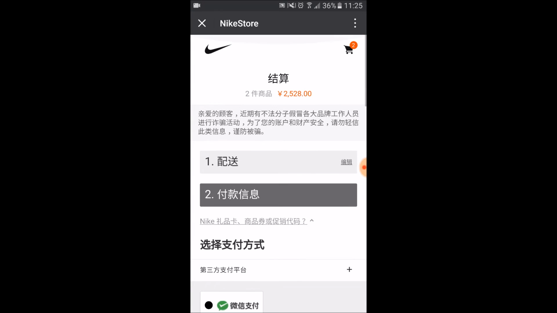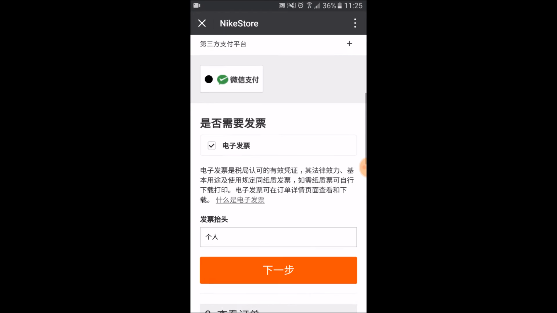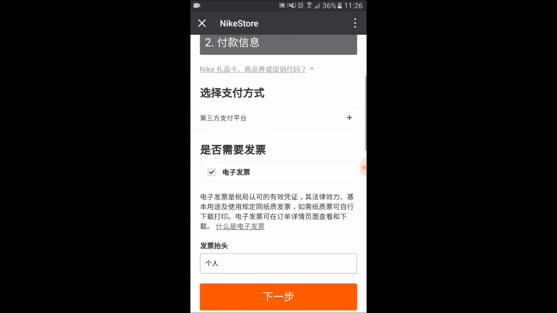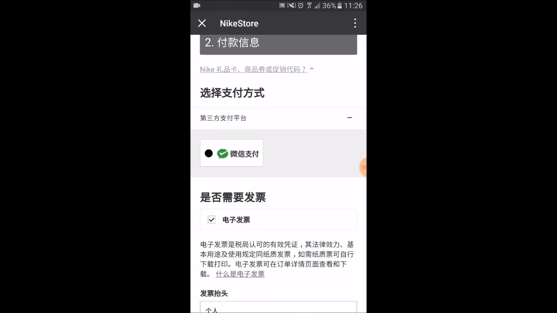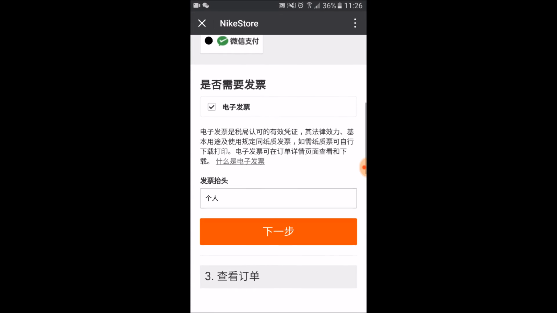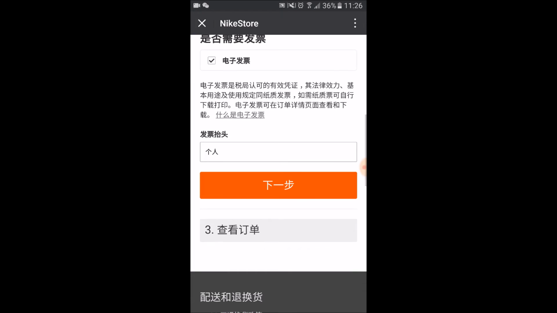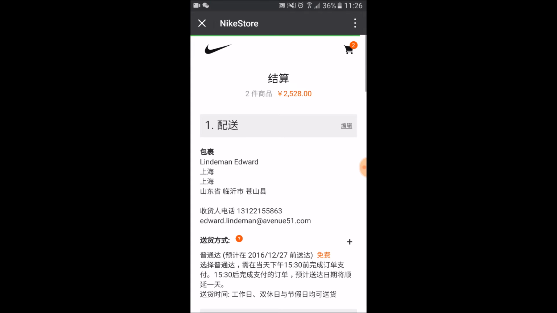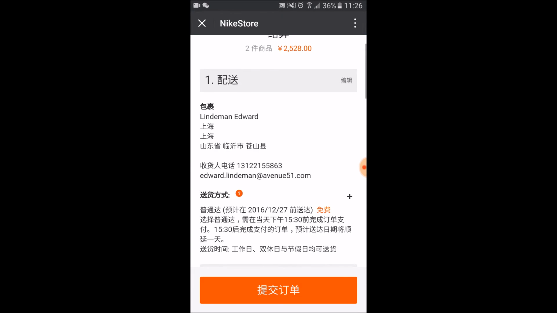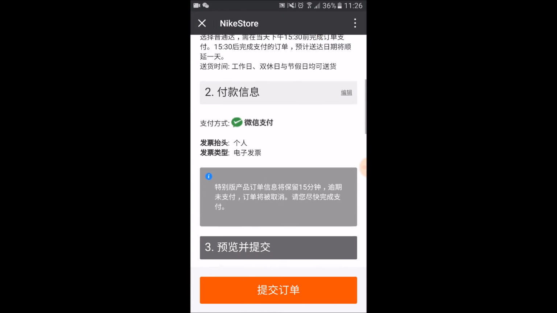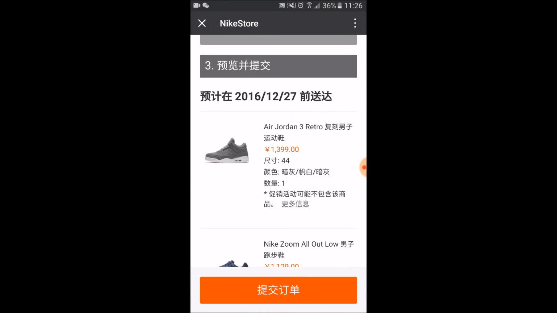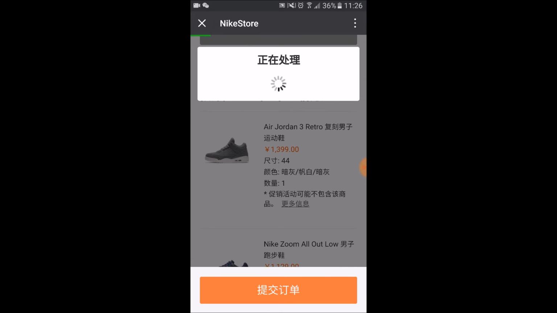So now it's just saying, how do you want to pay? So bearing in mind, we're still in the app, haven't left the app. So the option to pay here is with WeChat. So as you can see where that small tick is, that says 微信支付, which basically means pay with WeChat. So the money will move from my bank account into my WeChat account, from my WeChat account into Nike's WeChat account. So we'll go next step. Okay, so it's got all of my details there. We're ready to go. All I need to do is press pay, and then